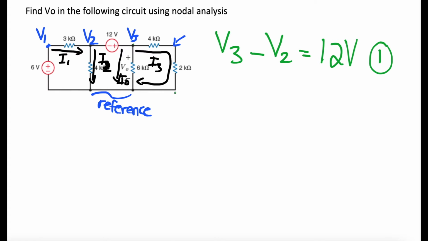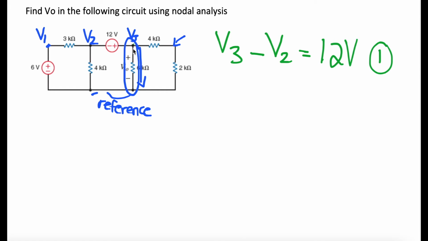Now that we have our first equation, we need to make a second equation to basically solve what V3 is equal to, right? Because if we look at it this way, guys, VO is connected directly to a reference node. So this cylinder right here, V3 is connected to a reference node. So essentially V3 is equal to VO, right? Because the positive end of this is what V3 is equal to. So all we have to do to find VO is essentially just find V3. So if we find another equation with V3 in it and use substitution, we can find out what V3 is equal to. That's essentially our goal for this video.